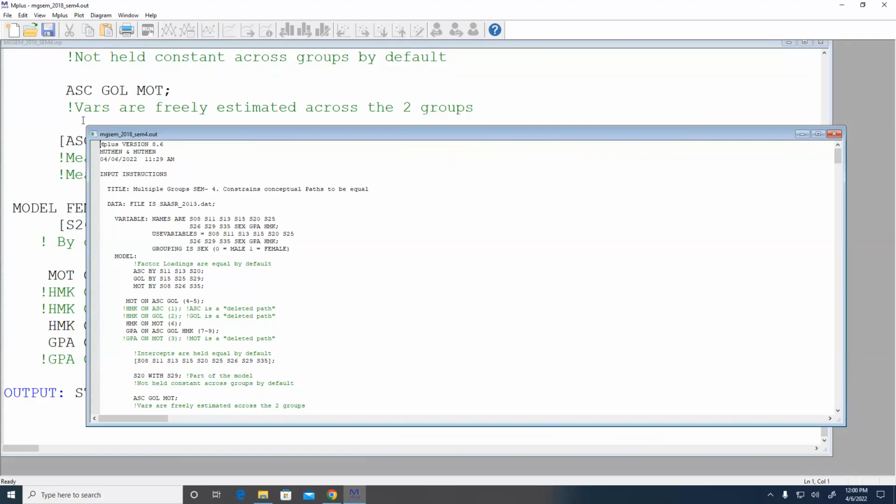Just the same way that we only estimate regular, full-on garden variety variance for exogenous variables, we estimate disturbance variances, or residual variances, for endogenous variables. It could be error variance if it's in the measurement part; it's a disturbance if it's in the structural part. Okay, so I've got all my variables there, right? There are 5 pieces of mean and intercept information that I'm going to constrain to be equal.